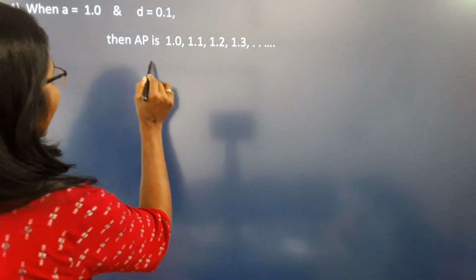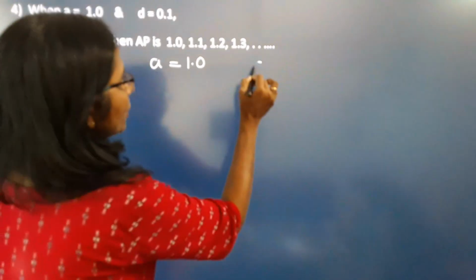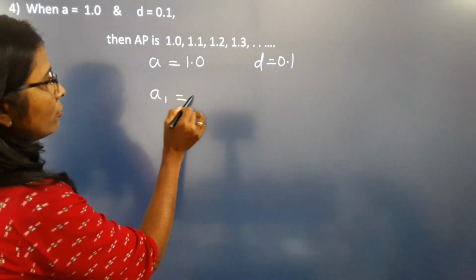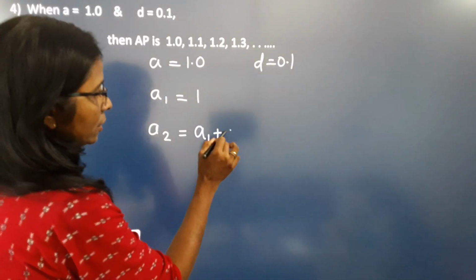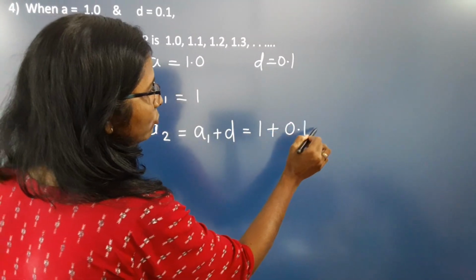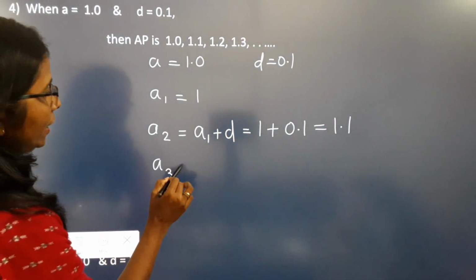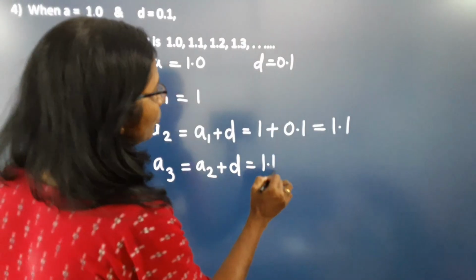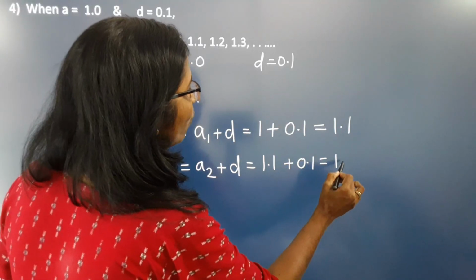So here first A is equal to 1.0, that means 1. Now D is equal to 0.1. First here A1 is equal to 1, A2 is equal to A1 plus D, so that is equal to 1 plus 0.1, which is equal to 1.1. Then A3 is equal to A2 plus D, which is equal to 1.1 plus 0.1, and that is equal to